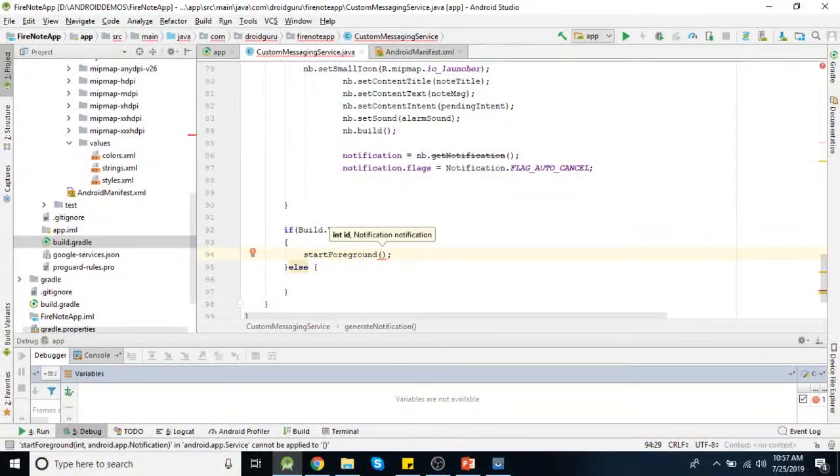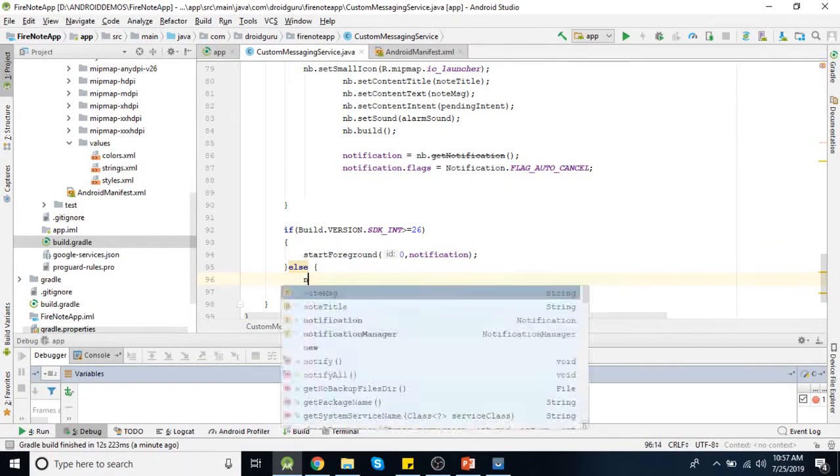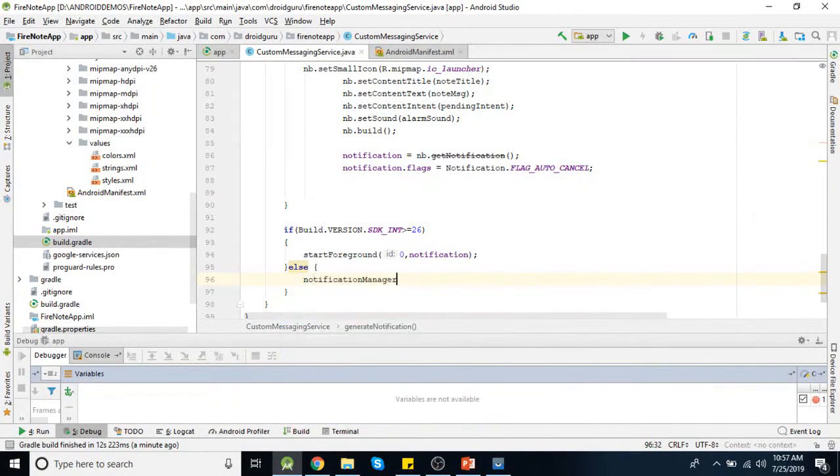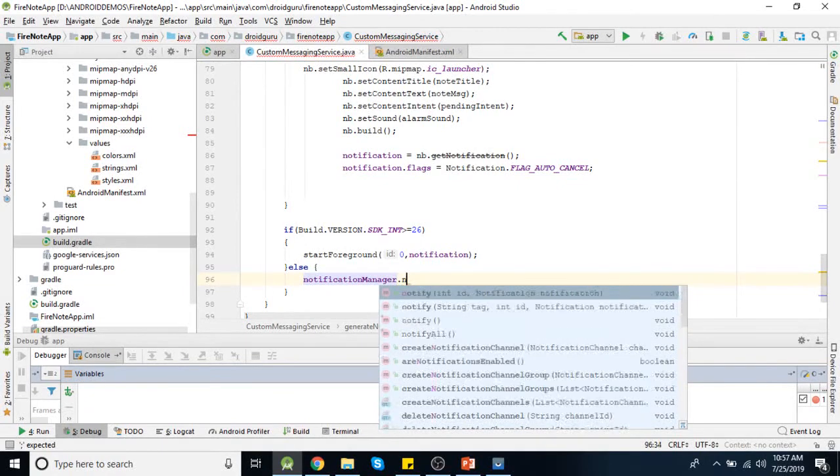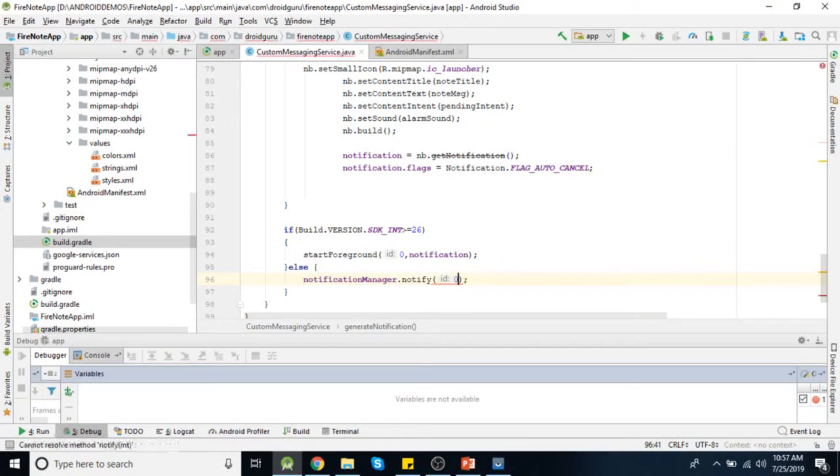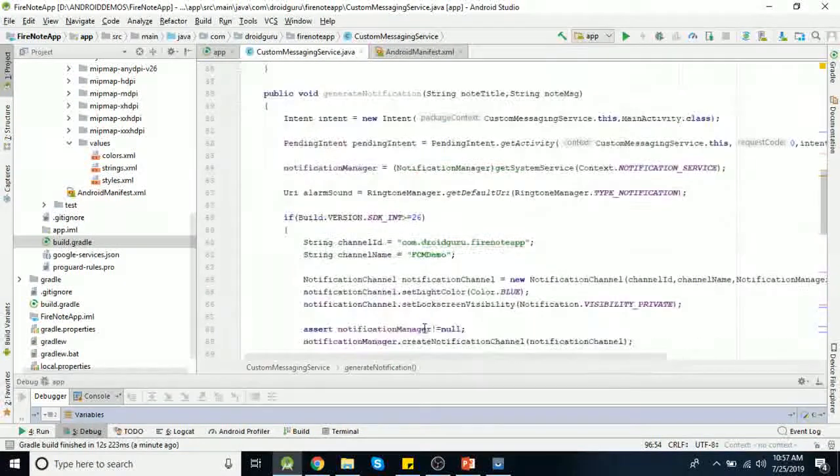So ID you can use any ID here and that notification object. And for versions below 26 we need to use notification manager. So notification manager dot notify. Here also we need to use same objects ID and notification. So this is our simple notification method is ready.